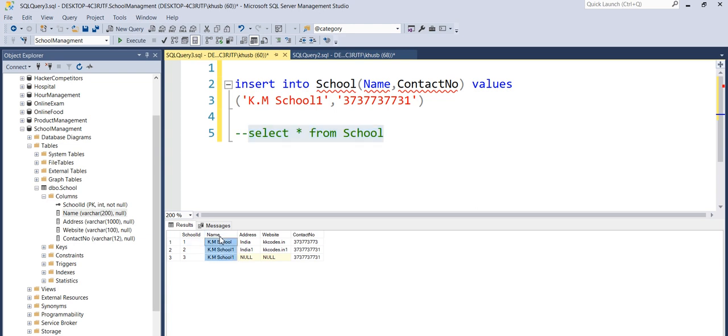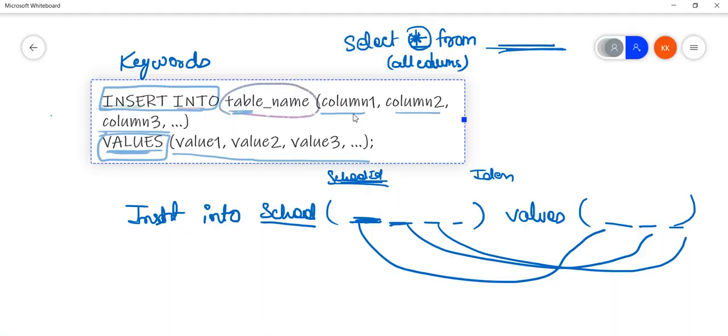As you can see, we have a value in name and value in contact number, and address and website are stored as null. Null basically means not known. We do not know the values of this address and website. So the conclusion is,